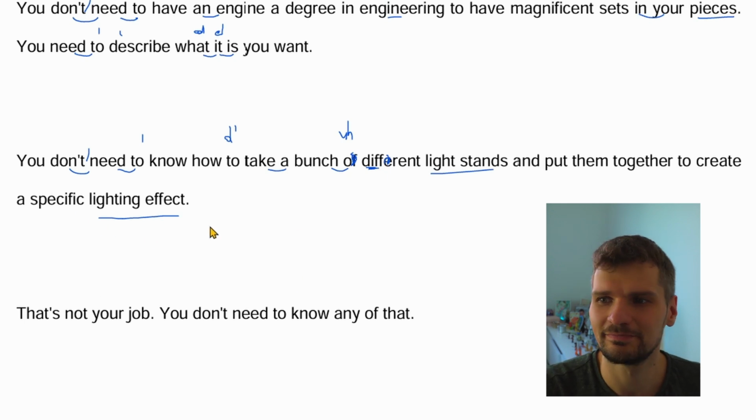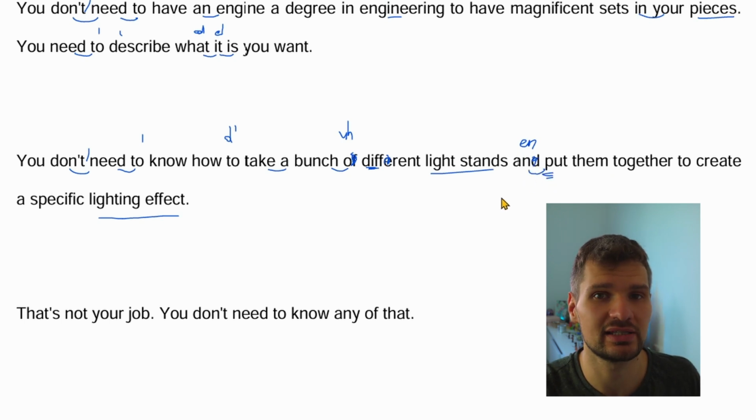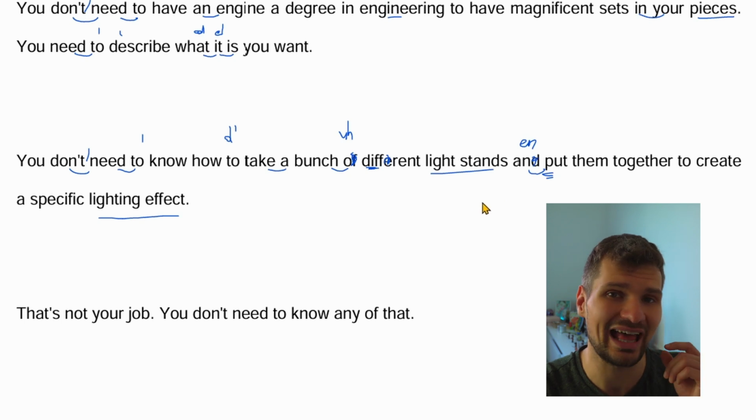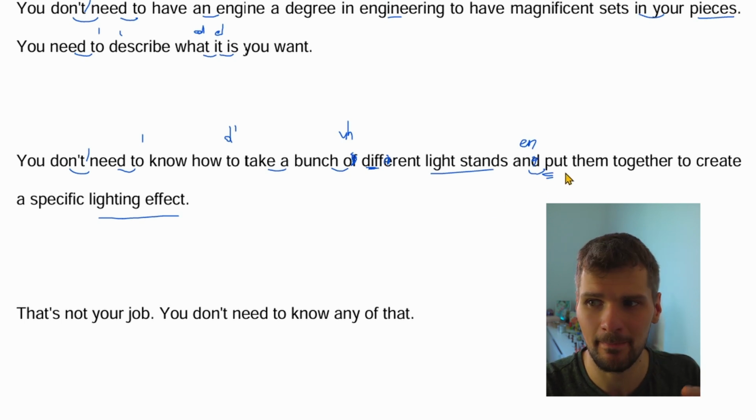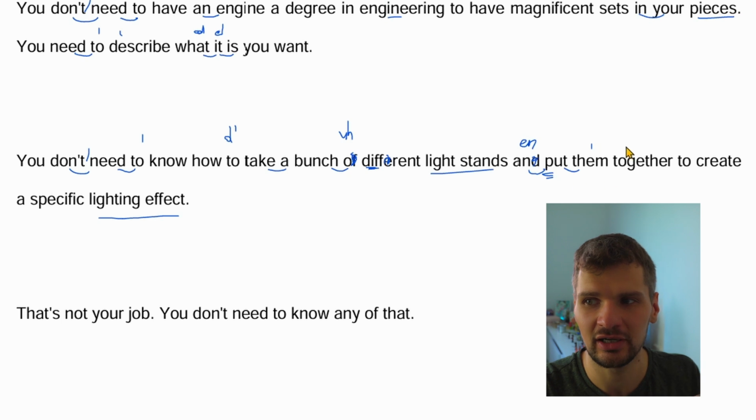Lighting effect. Light stands. Lighting effect. And put them together. And put them, lots of linking here. And sounds like N. We cancel the D. We connect N and put. P, again, is an aspirated sound. You breathe out a little bit of air and put them, linking with T and TH, and put them. Them is short, them, and put them together